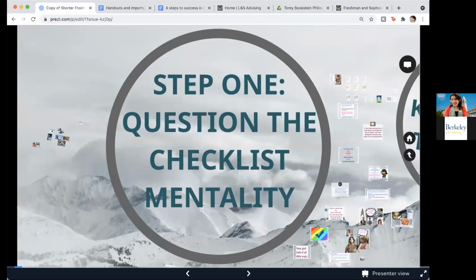The checklist mentality is a way of thinking that most Cal students bring to Cal, which is, what is my checklist? I have to get things done, boom, boom, boom. If I check off everything on my list and graduate, then I'll be ready for my next stage of life. And when you see something on your checklist, you often think, I've got to get that out of the way. Like, as an example, I think all of you, when you did your Golden Bear advising with your advisors over the past few weeks,